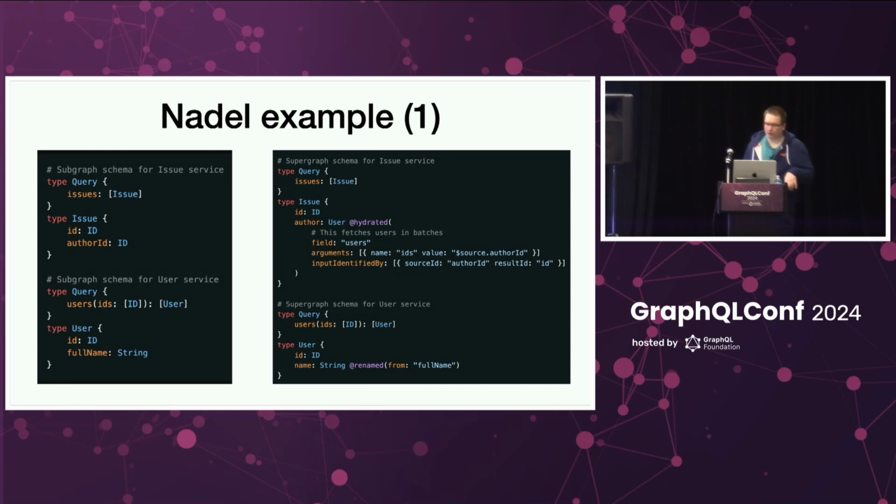And then the Supergraph schema for the user service is nearly identical to the subgraph schema for the user service, but probably you spotted it. There's a rename directive which changes fullName into name. But again, inverted: you look from the Supergraph perspective, you just declare name. This is the field that's actually exposed to the consumers. And then you tell Nadle, well, actually, it is renamed from fullName. So in the underlying service or subgraph, the field is called fullName. And we translate the query and manage everything for you.